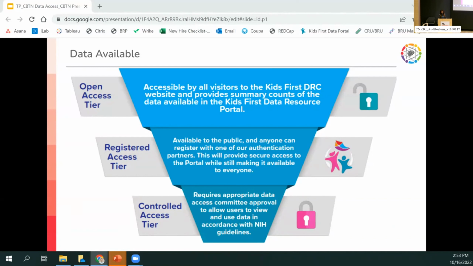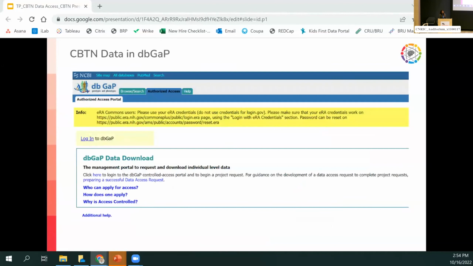and an executed data use agreement before the data becomes available to non-CBTN institutions. But coming soon, however, users interested in accessing the CBTN PBTA data will be able to request access through the NIH dbGaP. Access through dbGaP will require users to have an eRA Commons account. And with NIH managing the governance, access will be accelerated for users as long as they agree to the NIH DAC's terms and conditions, which includes a data user committing to not re-identifying any research subjects, not doing anything with the data that the patients did not approve of in the signed research consent, and end users committing to